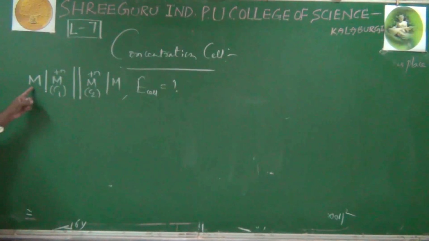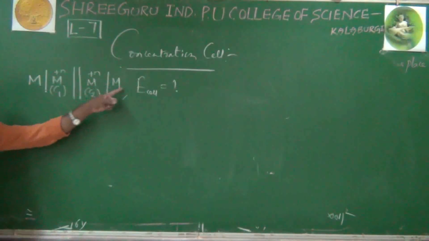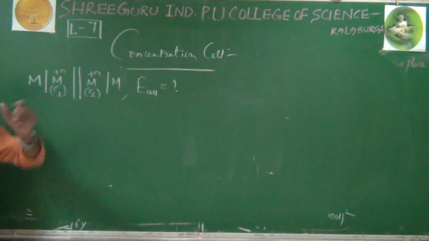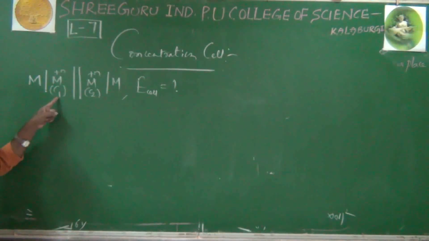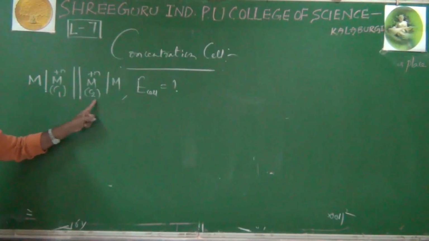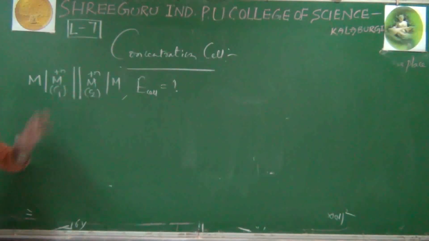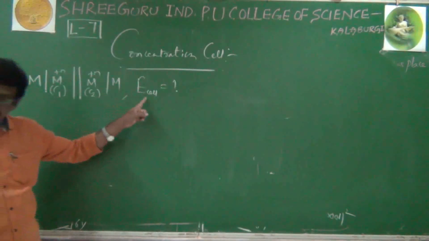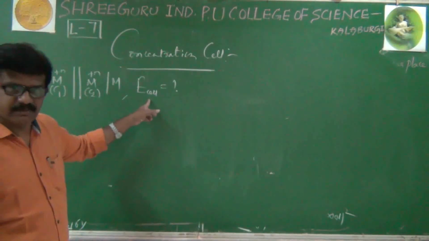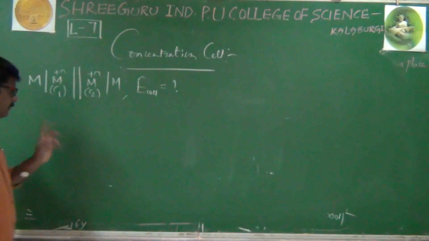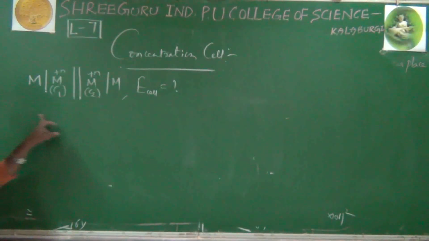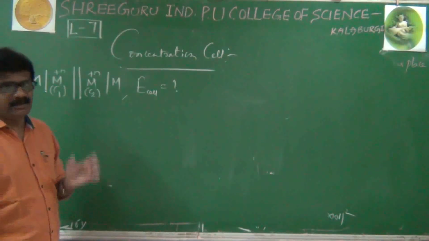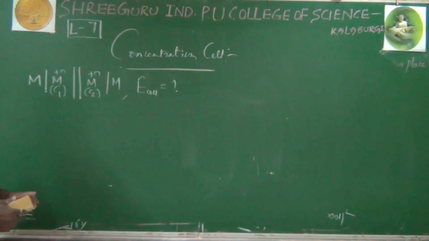See here, this metal as well as this metal, both are the same, just like zinc. It is also Zn+2, it is also Zn+2, no doubt. But here its concentration is C1, its concentration is C2. Both concentrations are different from each other. For this symbol, we have to write a cell potential formula. For that purpose, first we will write the left side electrode oxidation reaction, the right side electrode reduction reaction, and finally we have to write a net cell reaction like this.